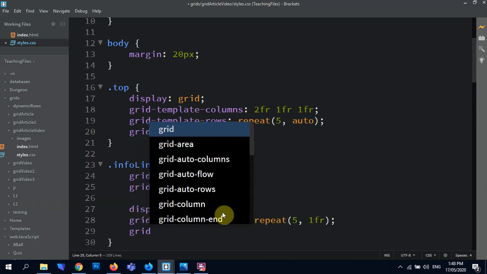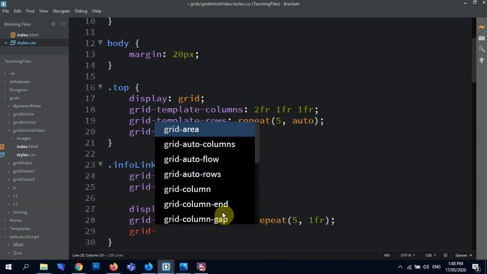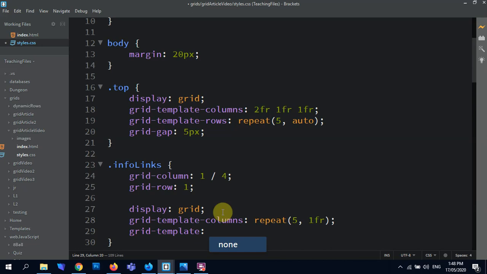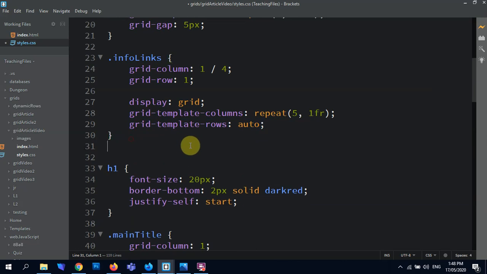Grid dash template dash rows, auto, just be whatever height you need to be, but just one of you. I don't even know if I really need that, but this kind of encourages things. Okay, then what we're going to do is go